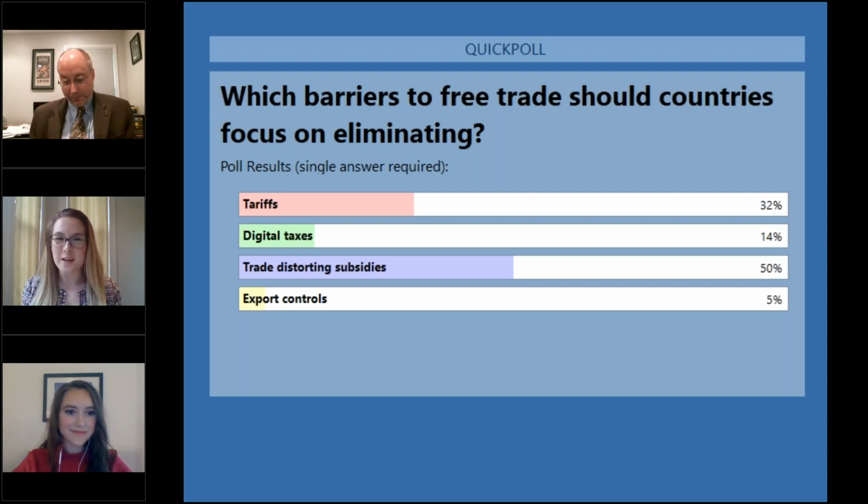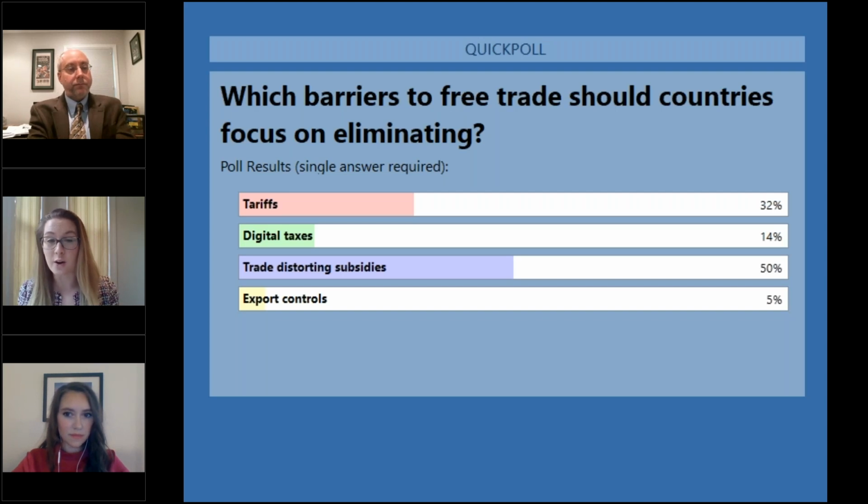All right, so we have a lot of people who said subsidies. I completely agree. As Simon was mentioning with the WTO, a lot of countries still have subsidies in place that were allowed to be kept in place, even with the Uruguay Round. Tariffs as well, absolutely. Generally speaking, though, the average tariff rates around the world are relatively low, especially for developed countries like the US or European countries.